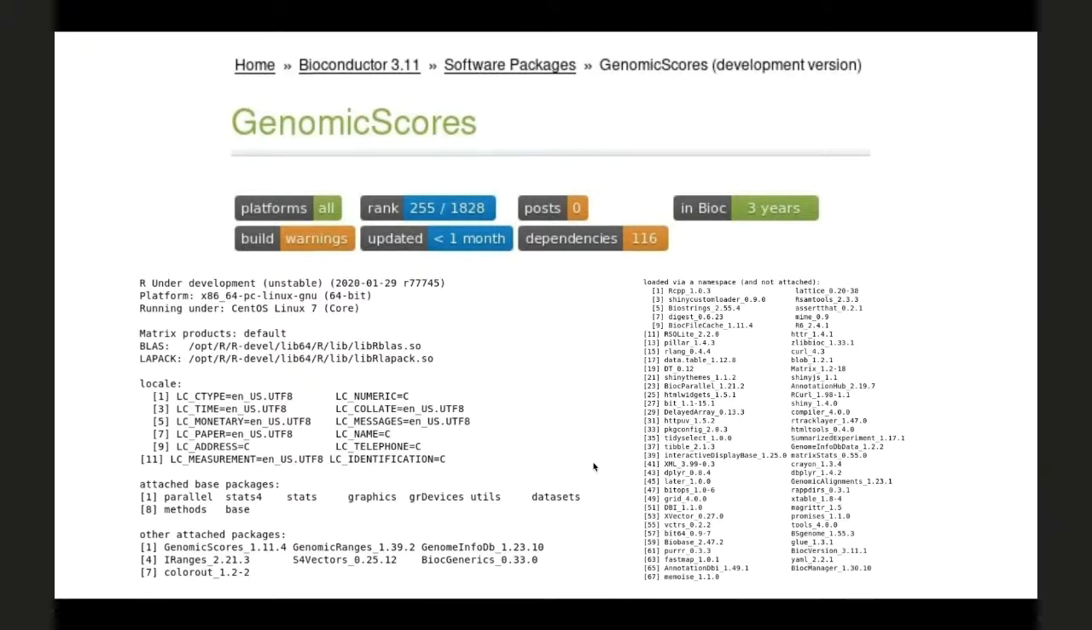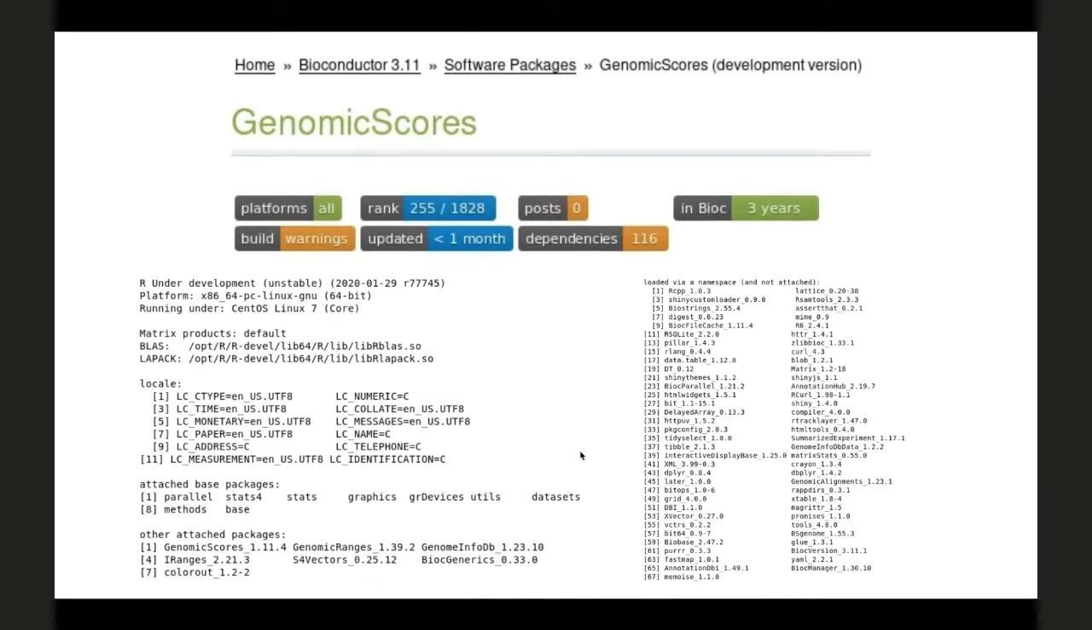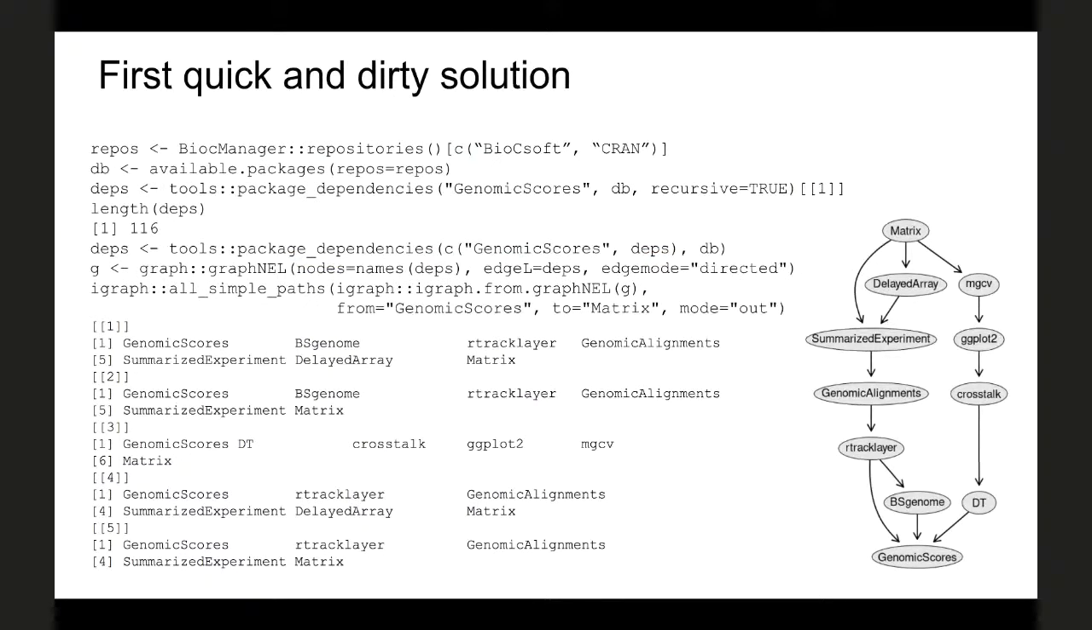And with many other packages, we also added recently this version of a Shiny app and so on. And then the question was how to get there. And well, after some exchange of emails with Martin, we came up with this first solution in which you use this repositories function from BiocManager, the available packages function, and then a function called package dependencies from the tools package,